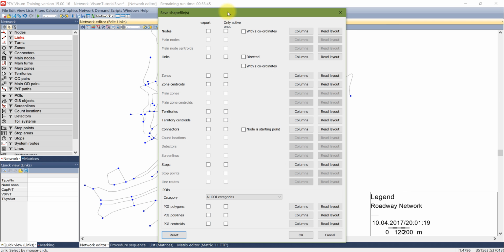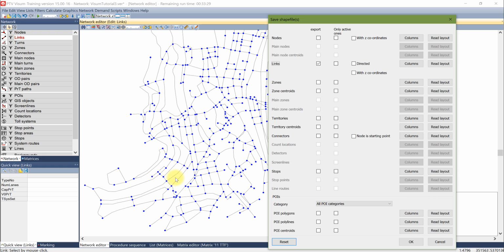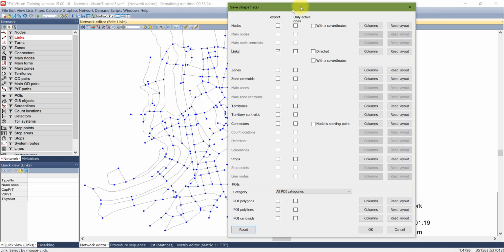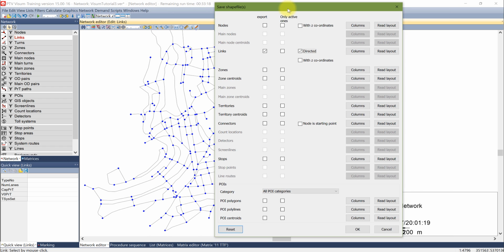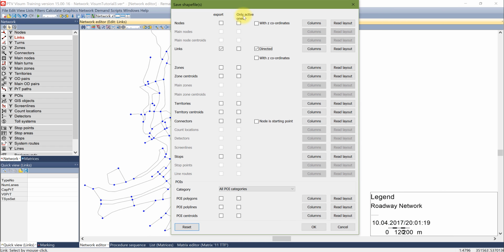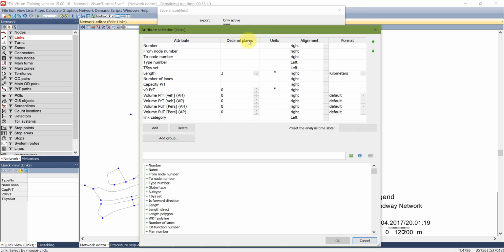So here it will ask me what network object I need to export. In this case, I'm exporting links and all of them. If you have a filter, you can say only active links. And directed, because usually in each direction the links have independent attributes. So if you click directed, it will give each direction independent values or attributes that can be used alone. And if you go to columns here, it's asking which attributes you want to export inside the